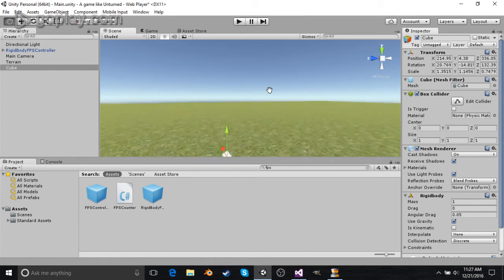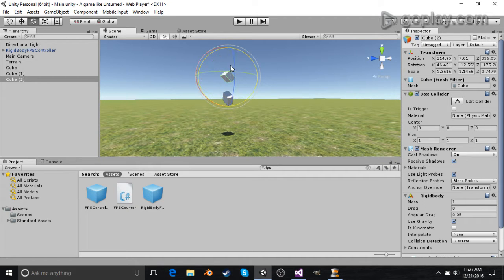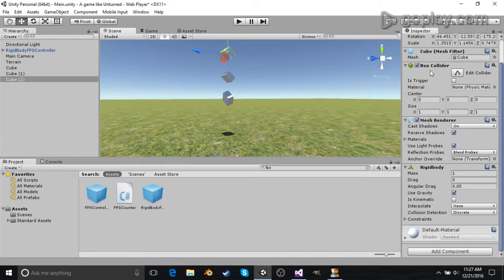And then it's Control D to duplicate. So Control D, move this a little, then Control D, and move this a little. Now they all have rigid bodies and box colliders. So if I hit play,